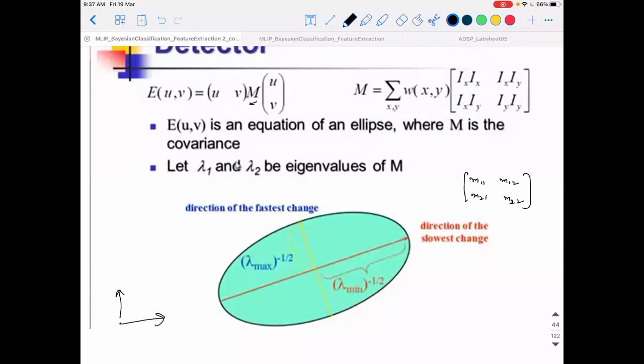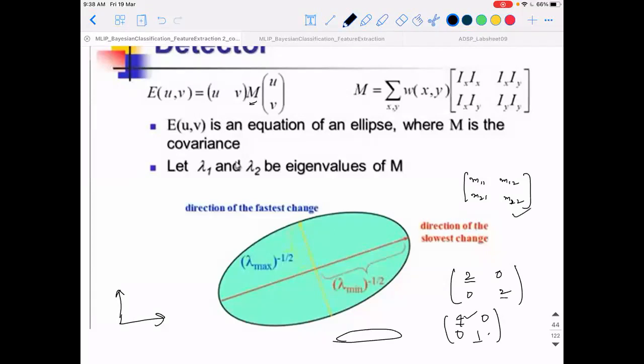Based on the eigenvalues of this matrix, if both eigenvalues are equal, what does it mean? Here both eigenvalues are equal, and in that case it leads to a circle. Or you may have 4, 0, 0, 1, where one eigenvalue is higher and the other is smaller. In that case, it leads to an ellipse with an x direction stretch. In fact, we are looking at diagonal matrices because it is easy to relate the eigenvalues.